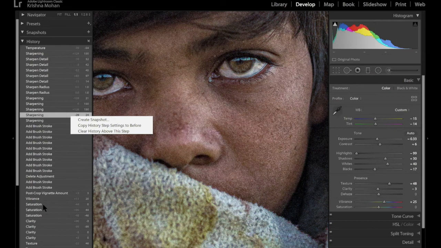You can visit this particular picture even after 10 years. If your catalog is the same, that catalog will contain a history, which is not there in Photoshop. So in Photoshop, what happens is as you stop Photoshop and save the picture, your history is lost. And even in Photoshop, history is only up to say 50 steps or more. That's all. And after that, it's gone.